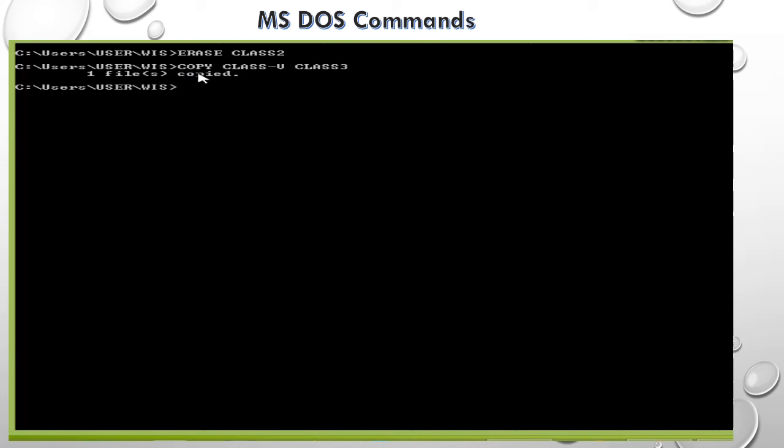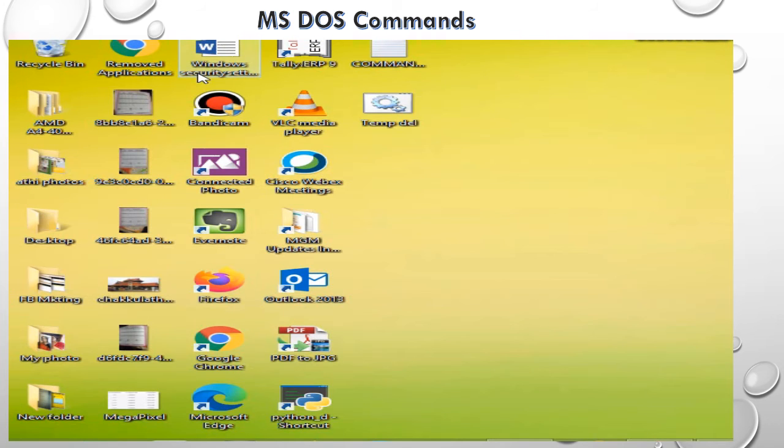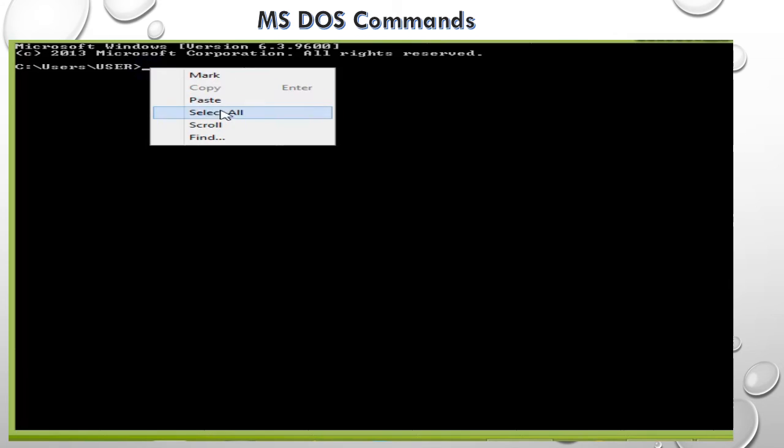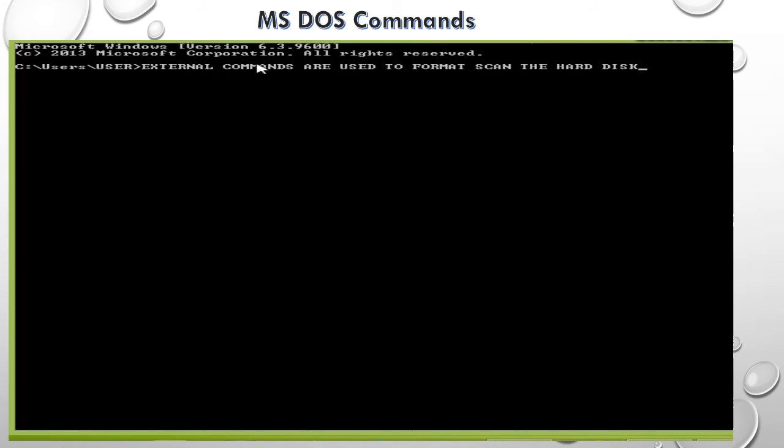Next, CLS. It clears the screen. Next command, exit. It will exit from the MS-DOS window.